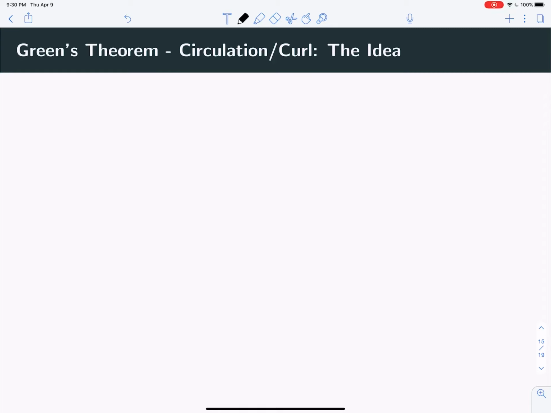Another Green's theorem video using the circulation slash curl version of Green's theorem. So there's actually two versions of Green's theorem. In this one, what we're doing is we have some region, and what we want to know is that circulation